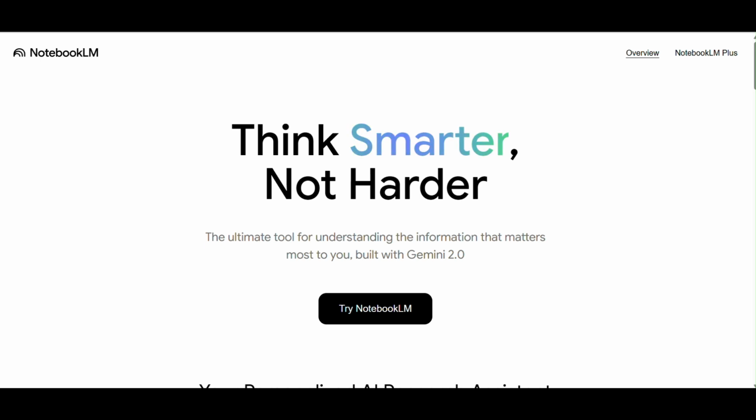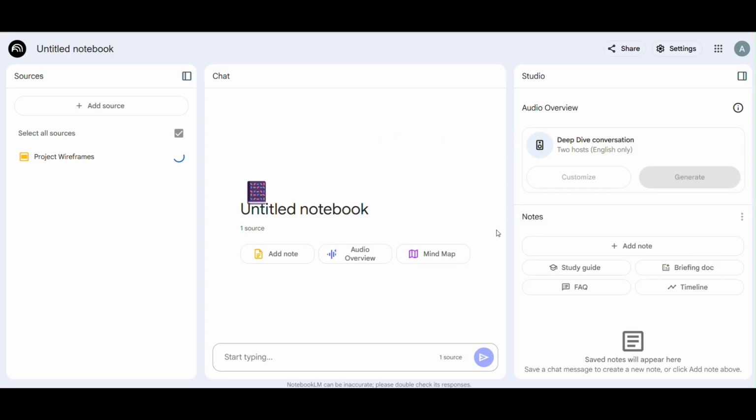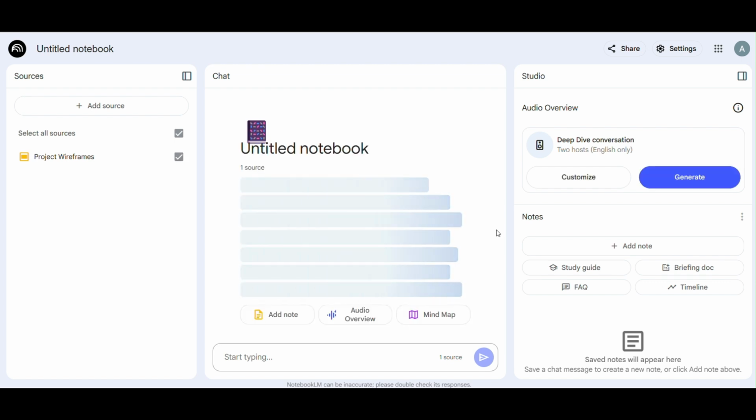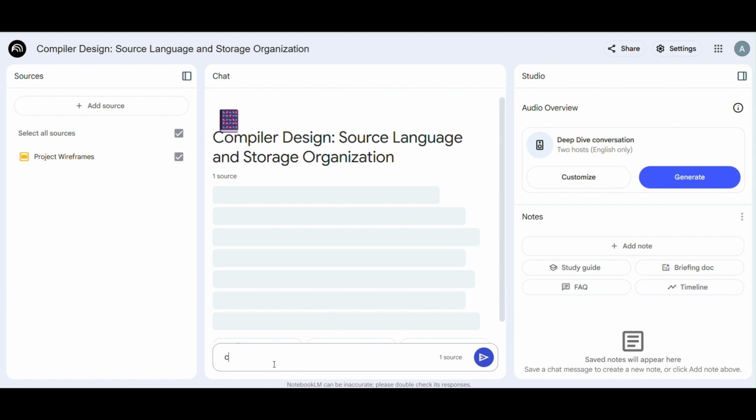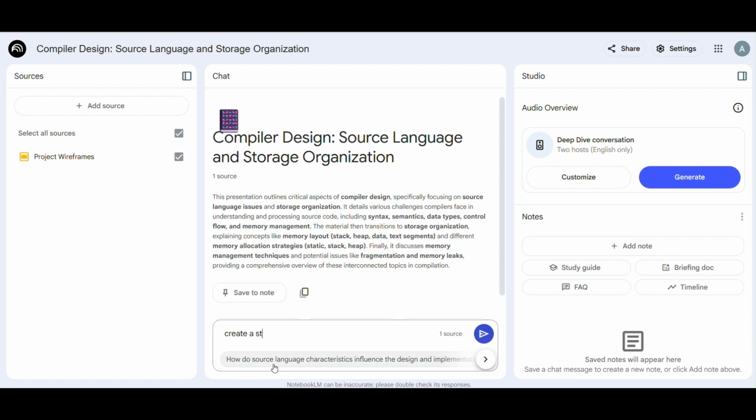Let's see about NotebookLM. NotebookLM is a powerful AI tool that transforms research into practical formats like study guides. Let's see how you can do this in just a single step. Next, ask NotebookLM to generate a study guide by using simple prompts like create a study guide for uploaded document,